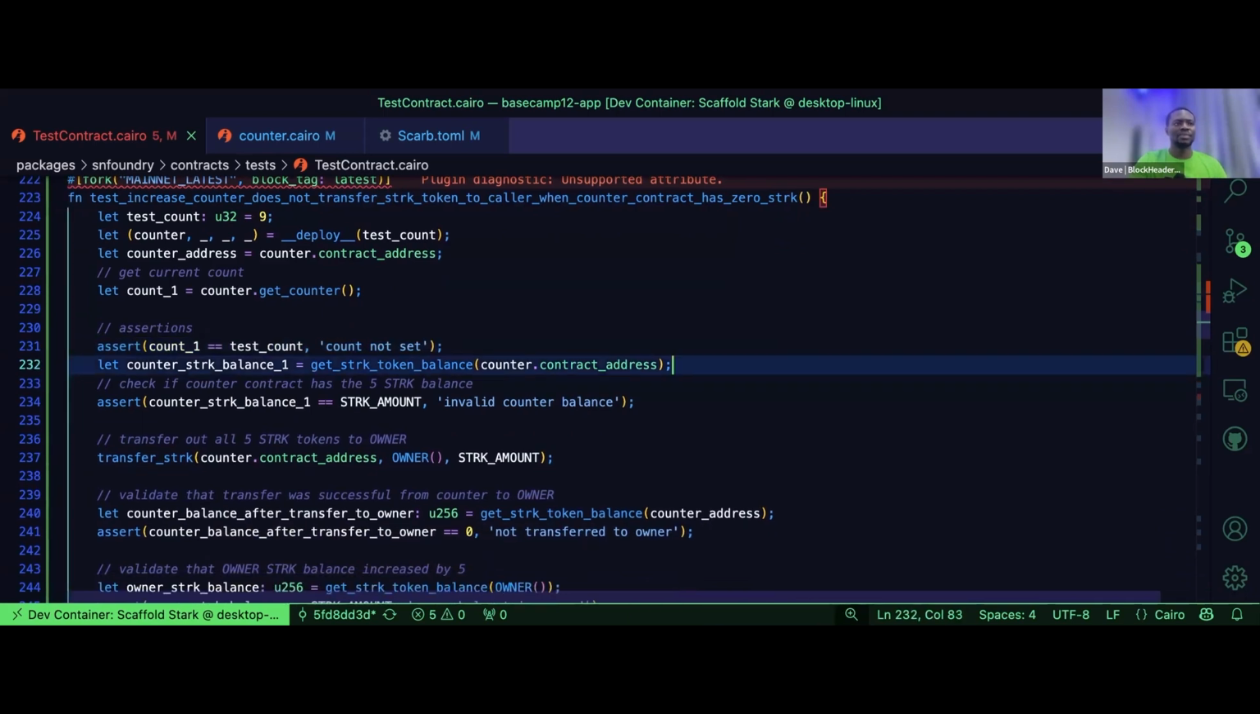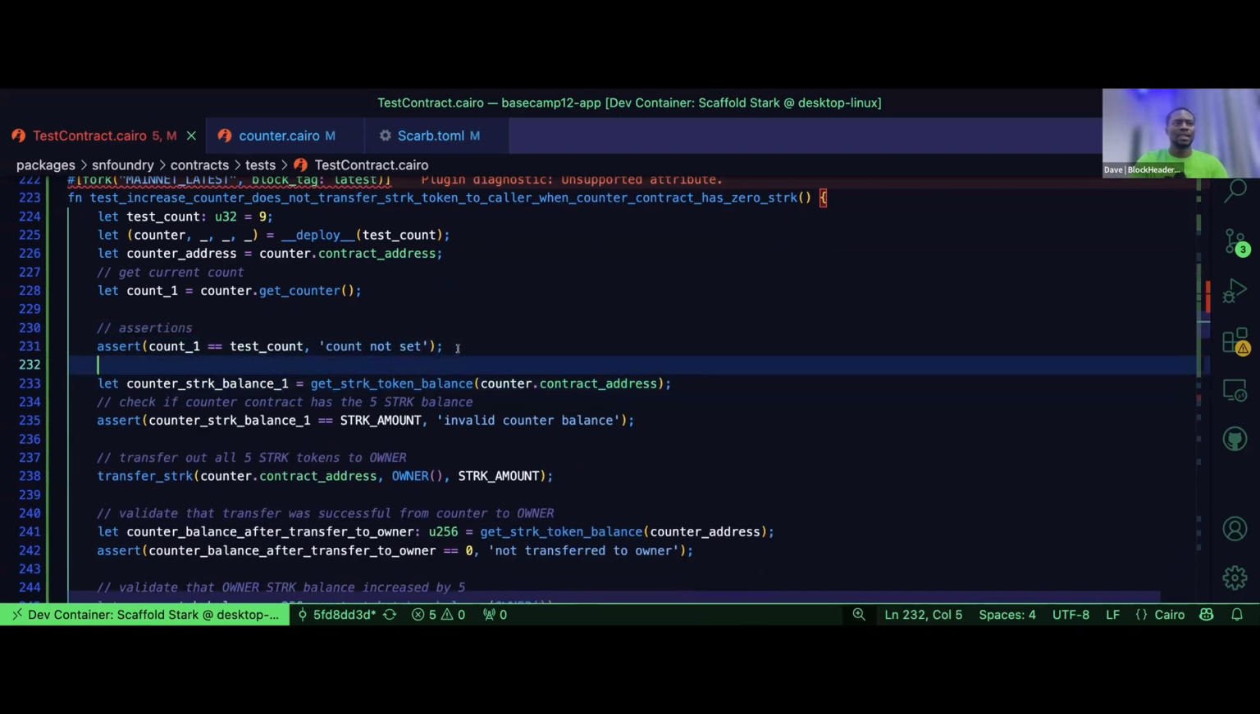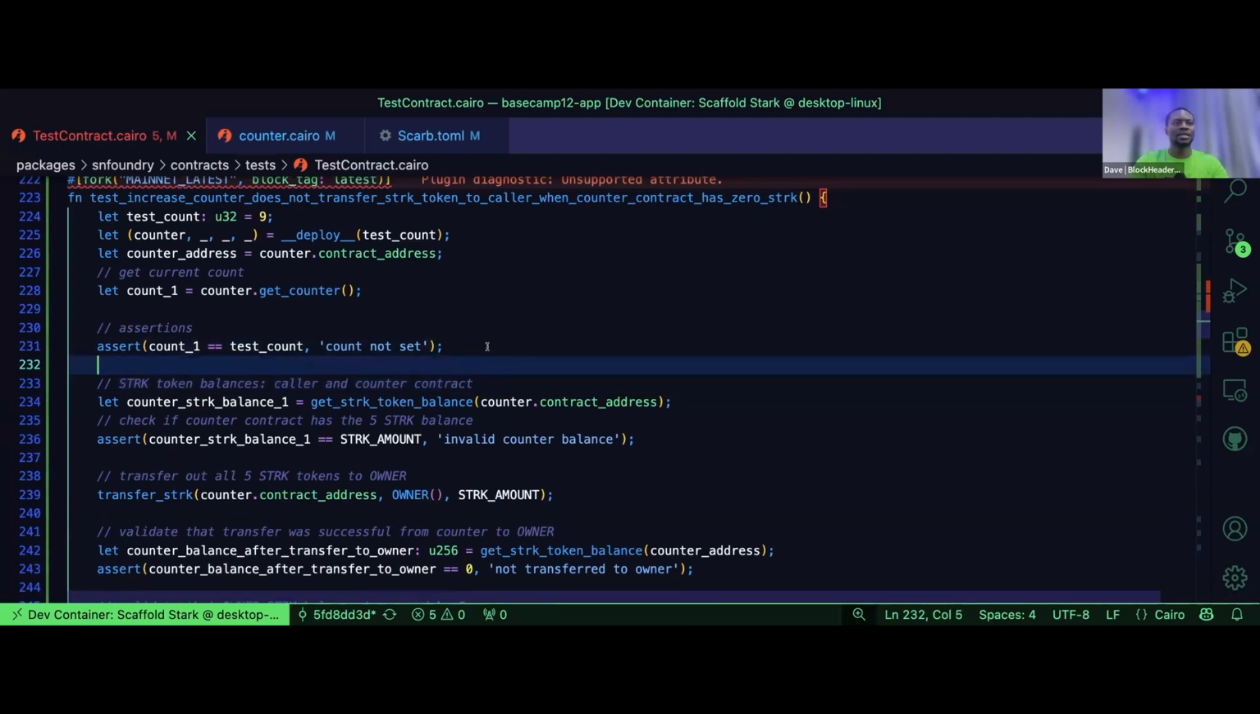And we want to get the stack token balances of what? Of the caller and what? The counter contract. So basically, in this case, we're checking the counter contract's stack token balance to make sure that it has 5